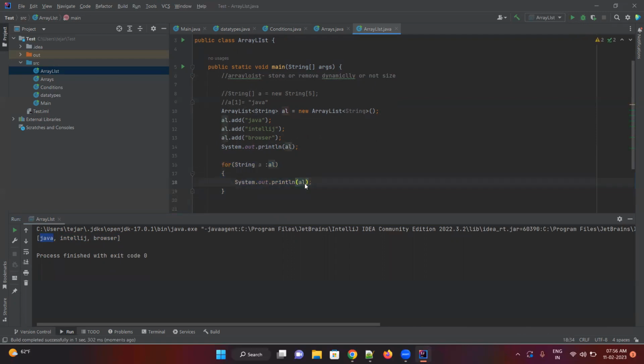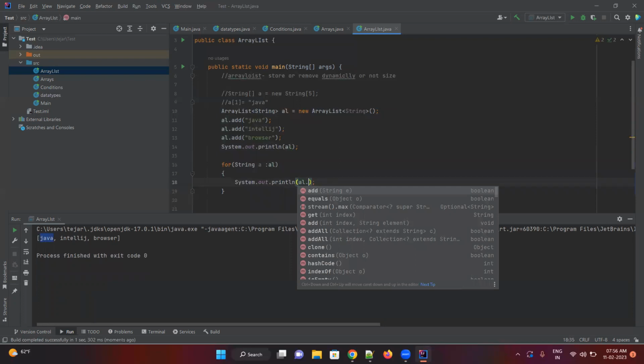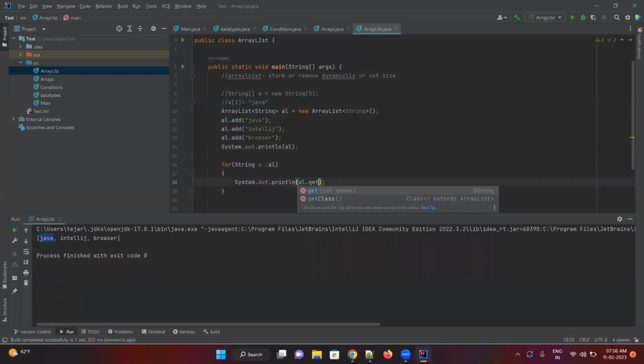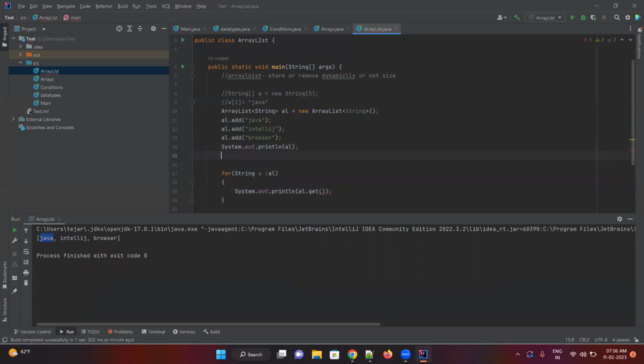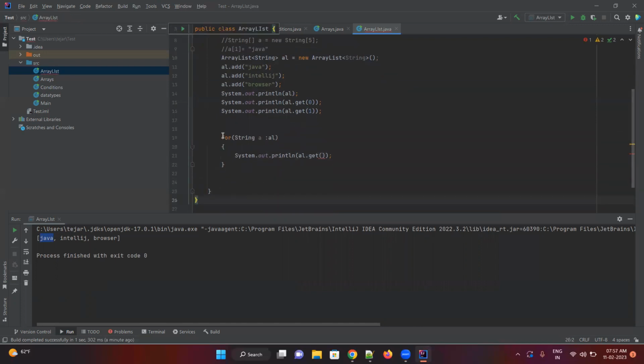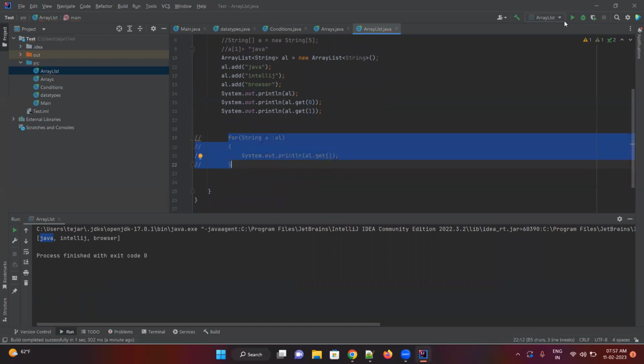So now what I'll do is AL dot get. Let's write here: System out dot println AL dot get of 0, which means it will print the first one. So Java it will print, right? Yes, Java. Okay, let me comment on this for loop. If you run the ArrayList,